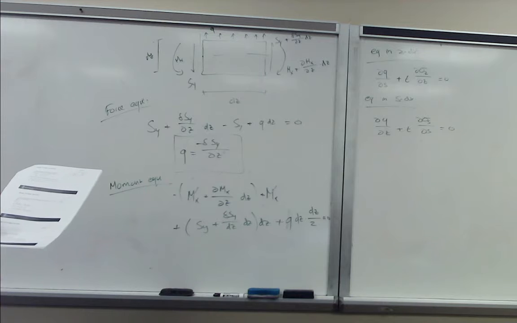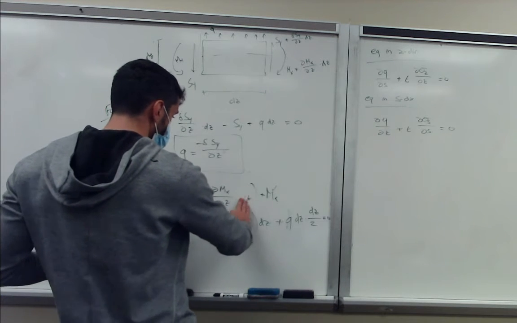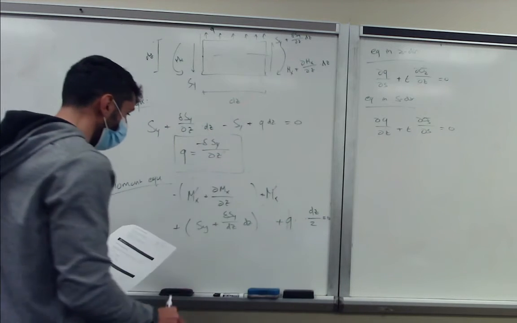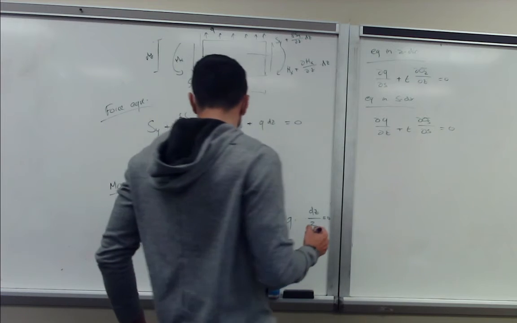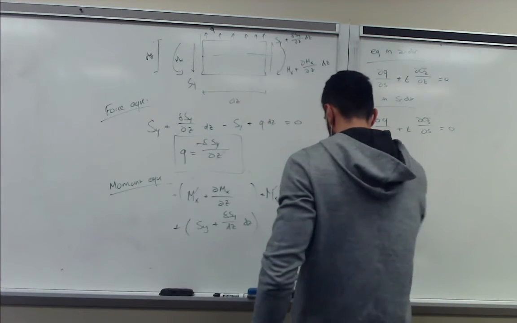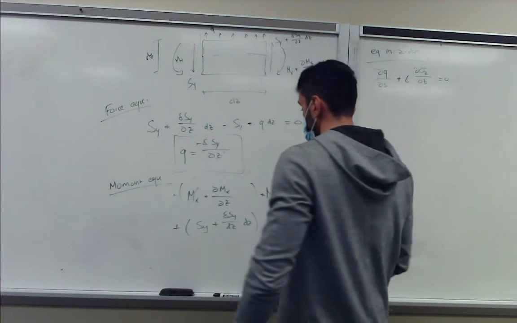We can divide by dz, since we have a dz everywhere at least. So one dz cancels out. And then we can collect the terms, and then for simplification, delete this. We get